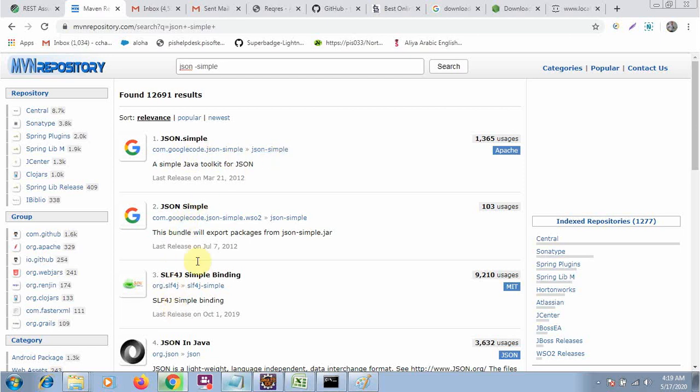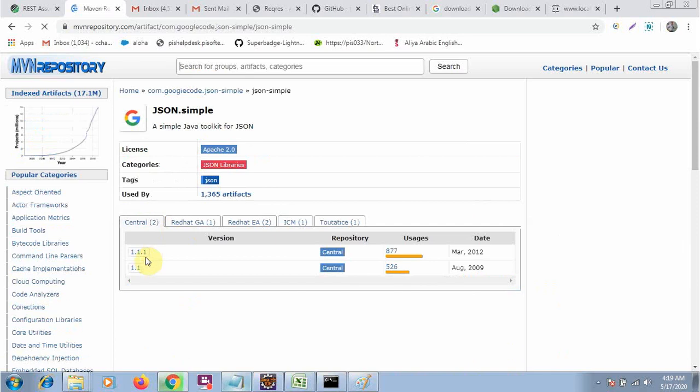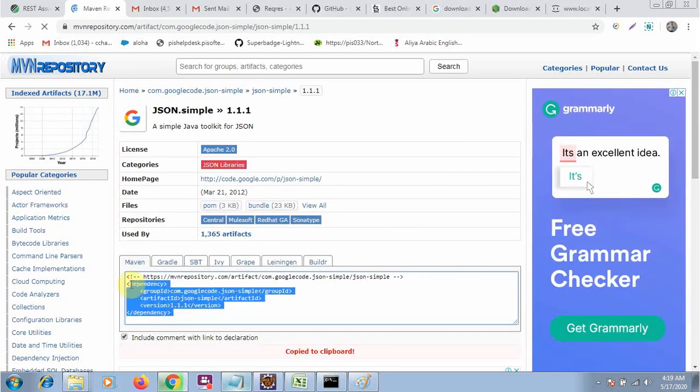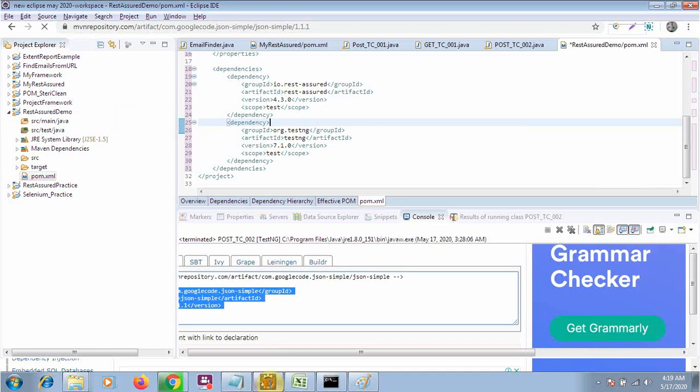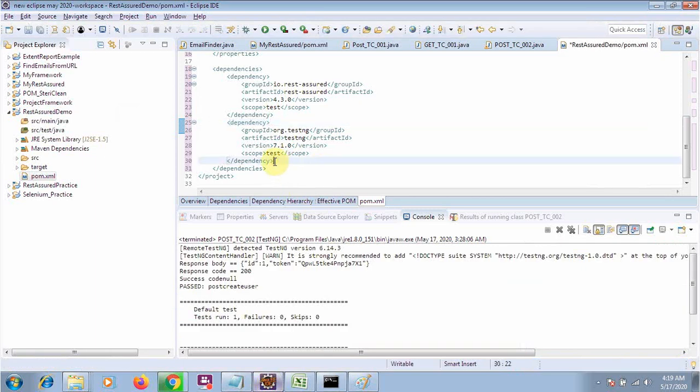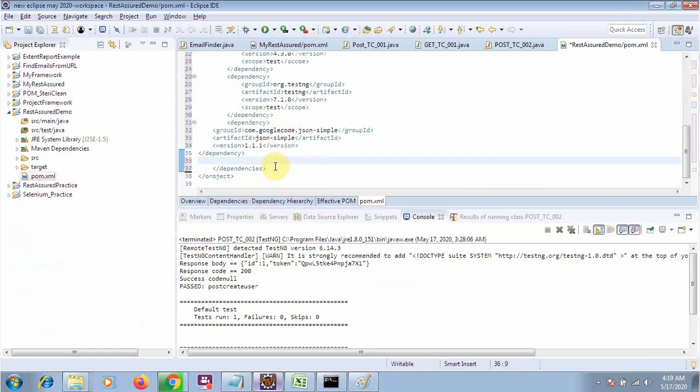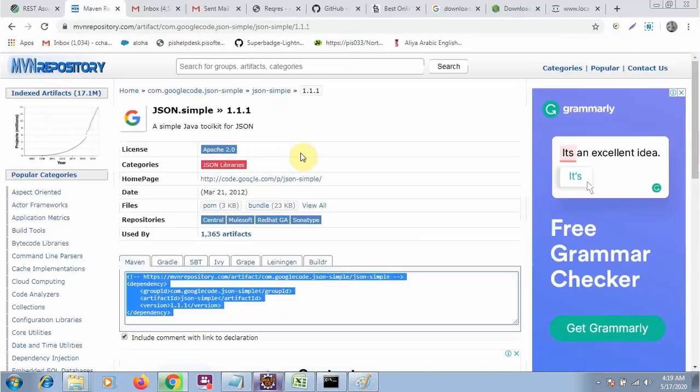Again we have a lot of options, but we will use this one. So it's always important to know how to use the appropriate dependencies. Let me copy it from the bottom as well, and we will go here and paste it after this dependency. Okay, now I think we have pasted the dependency of Google JSON simple.